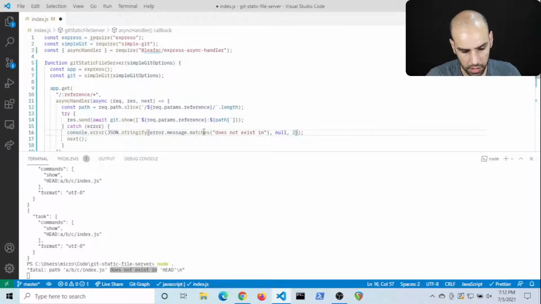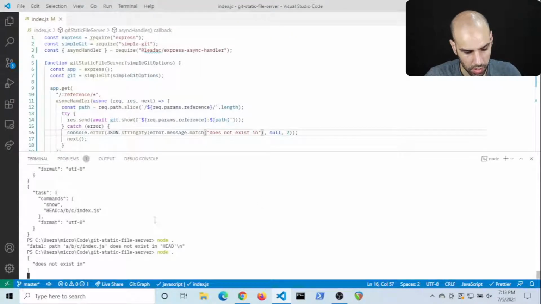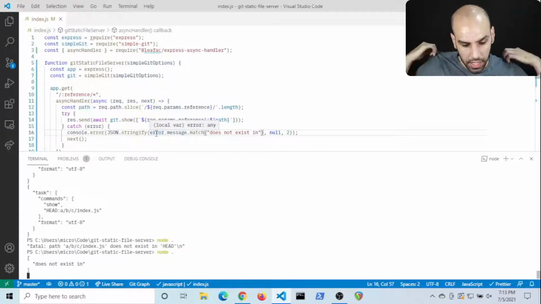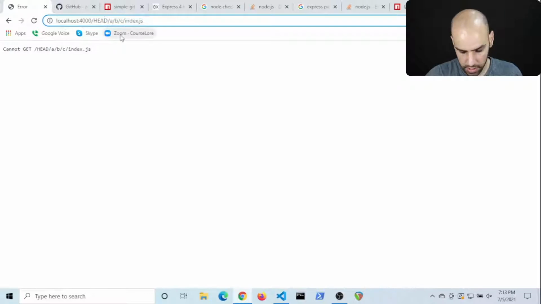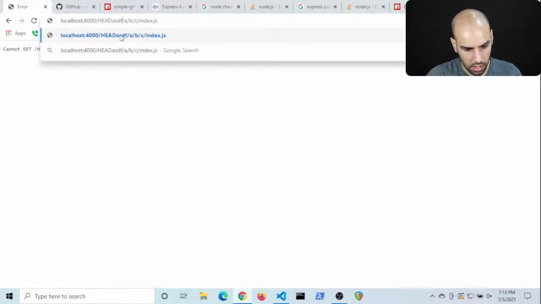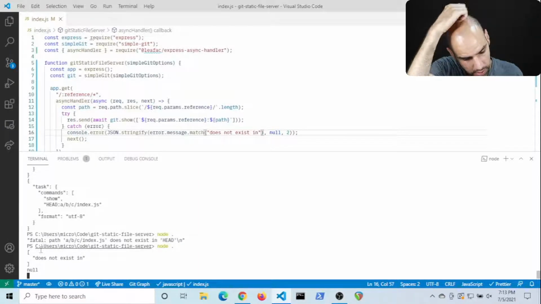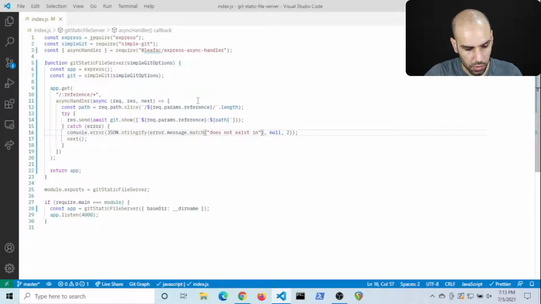No, it goes like this, match with a string. So now I am getting a match. So if the error is because of something else, like maybe the reference doesn't exist, I still get something. The same error actually. So what I can do is,